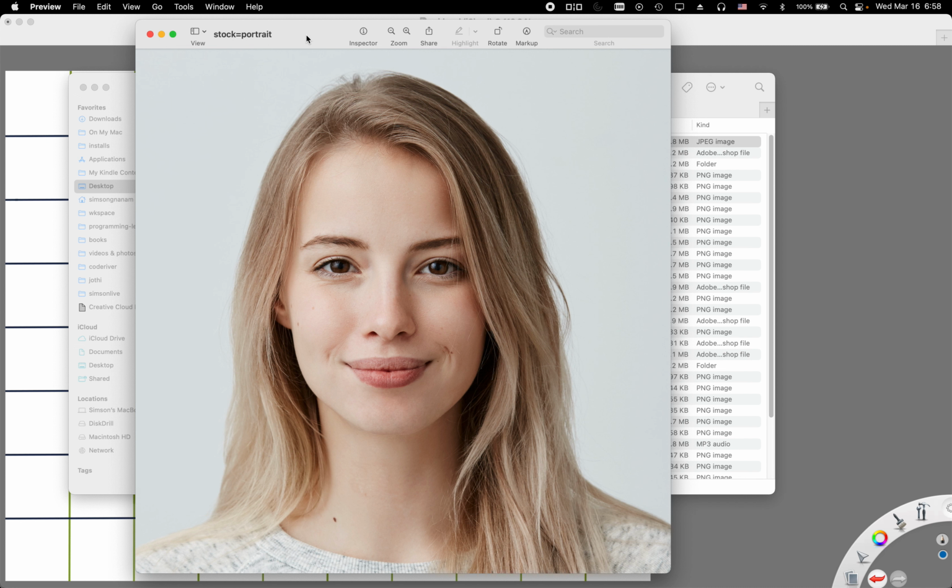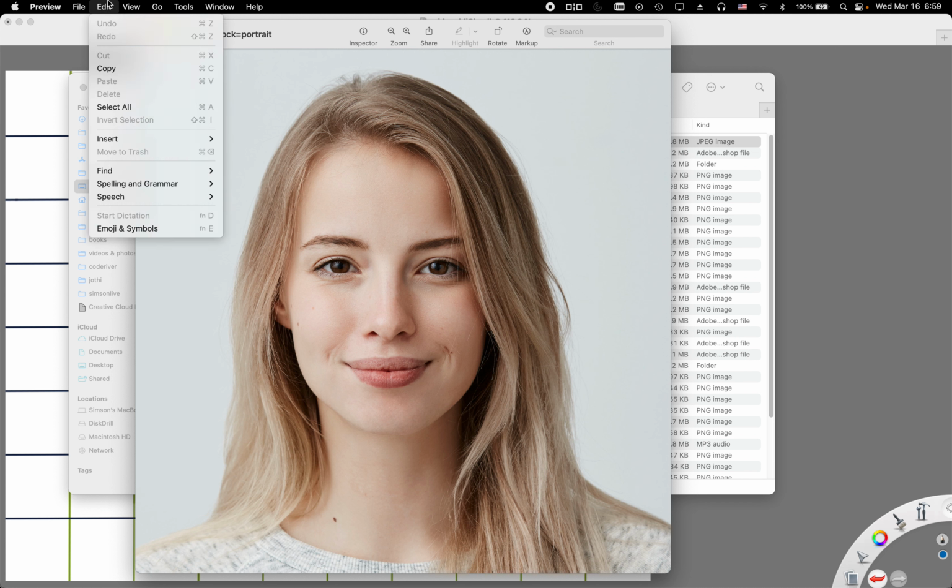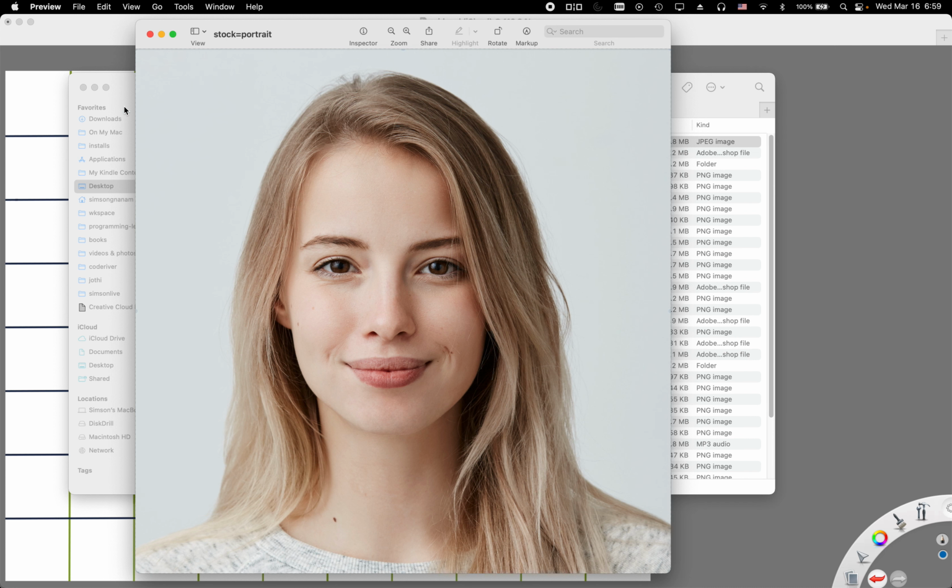One thing I'll tell you, right? When you're painting a portrait, you're painting it. You're not taking a photograph of it. There's going to be a lot of inaccuracies, but people won't notice that or they won't mind it because it's a painting, right? So what I'm going to do is select all from my Preview,